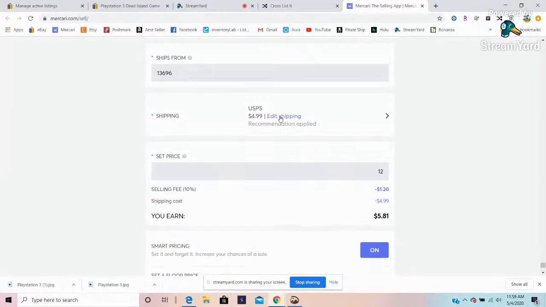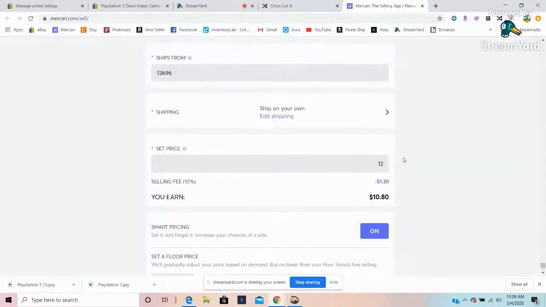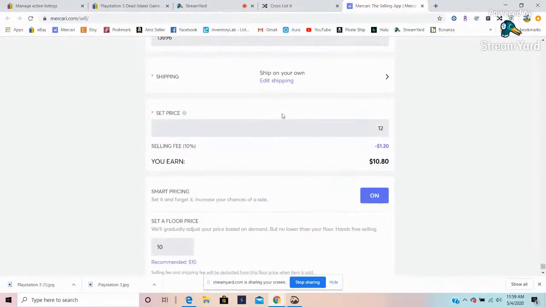I do not use Mercari shipping. I ship all of my items myself. I find in the long run it's cheaper for the buyer. I do free shipping on most everything. I include it in the price. And since I was doing free shipping on eBay, it brought over the price and rounds it up to the whole dollar here, so I keep $12, free shipping, same thing.